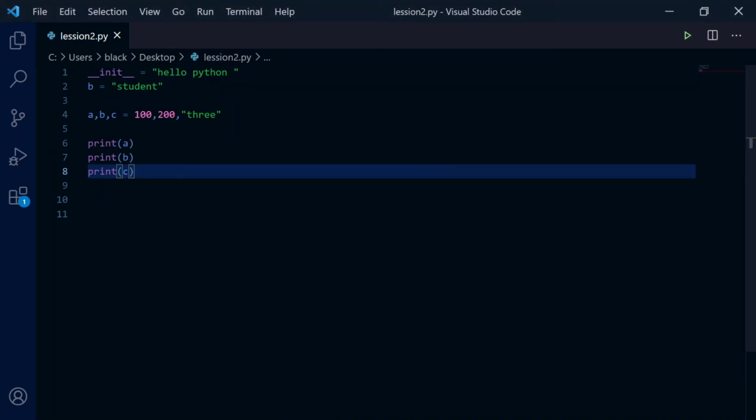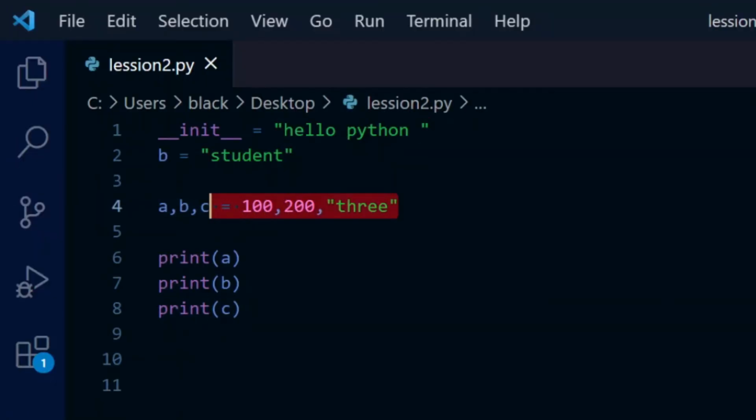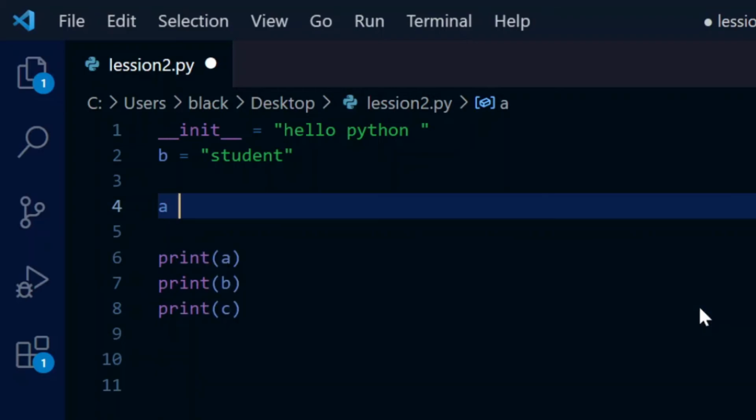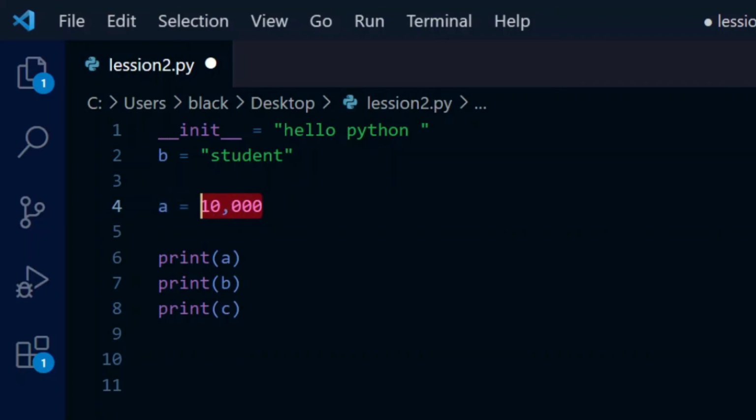And another thing, we cannot use things like this. For example, let's say A equals 10,000 like this. In human readable format, this is correct. This is 10,000, but in Python it takes it as a different thing.